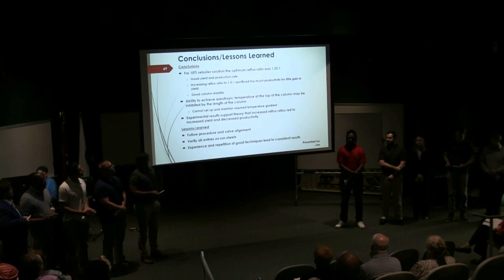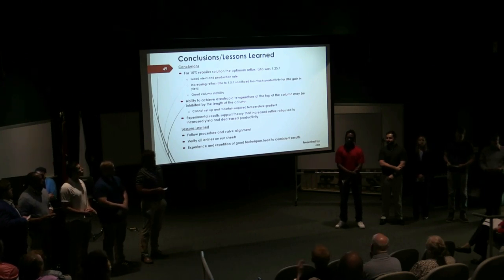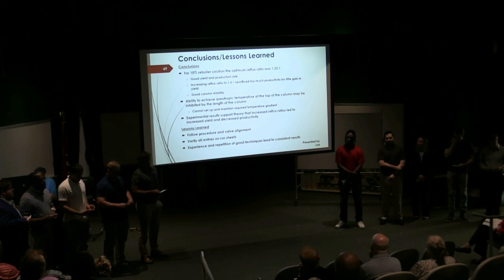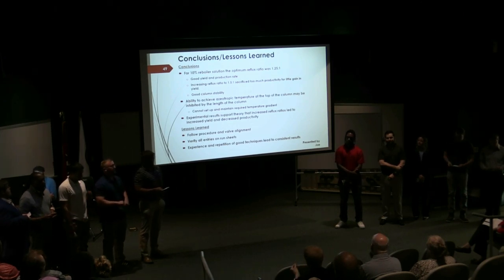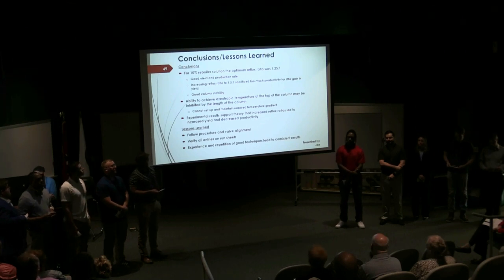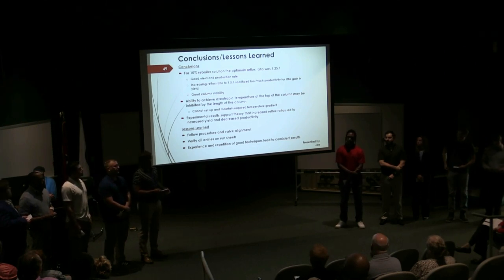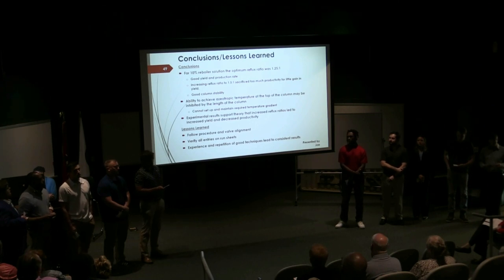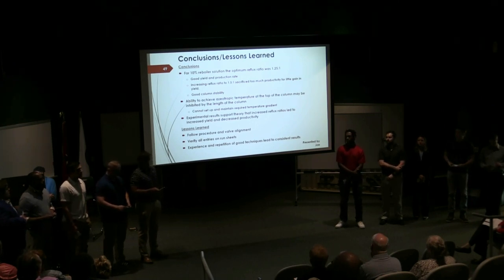Our conclusions are that 1.25 to 1 was most optimal. We had good yield and decent production rate. We noticed when we moved to 1.5 to 1, we gave up too much productivity. And we do not believe our column is long enough to set up the proper temperature and concentration to hit the proper AC control. Finally, the experimental results support the theory that increasing the reflux ratio leads to increased yield